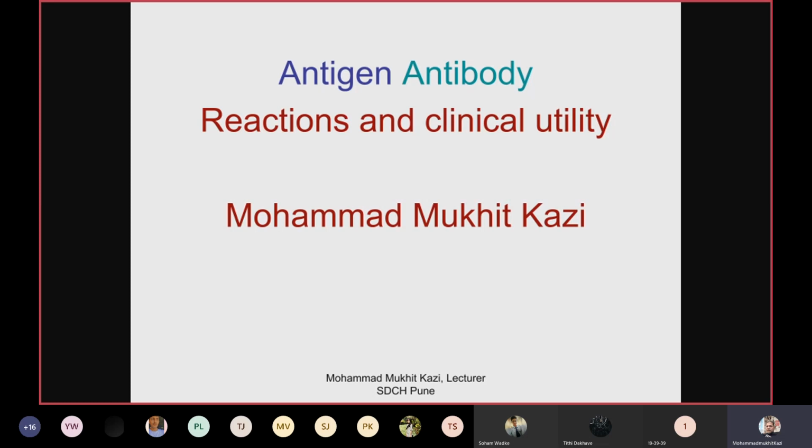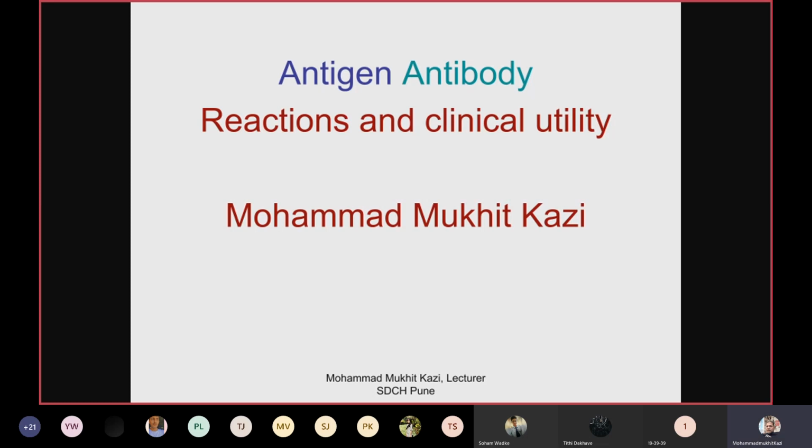When I'm saying current infection, it means that we generally detect the IgM antibodies. And when I'm referring to a past infection, recent past or very past, it means that we are detecting the IgG antibodies. So the most important antibody which we are supposed to detect from suspected cases of various diseases is the IgM. We should give preference to IgM. Otherwise, if we don't have an IgM test for that particular disease, we can also detect the IgG, and we can come to a conclusion that it could be a recent past or very past infection.